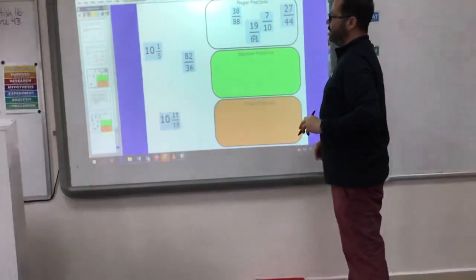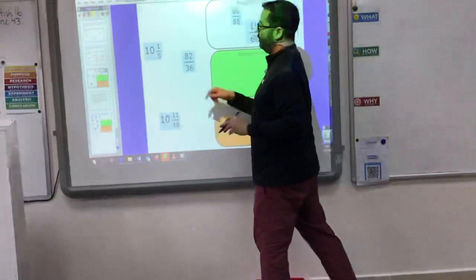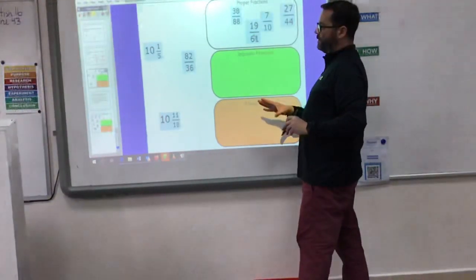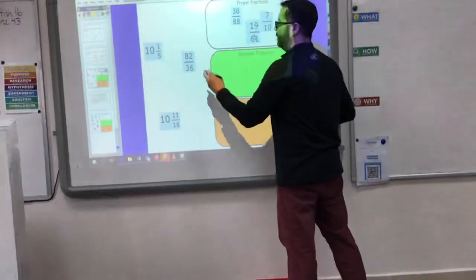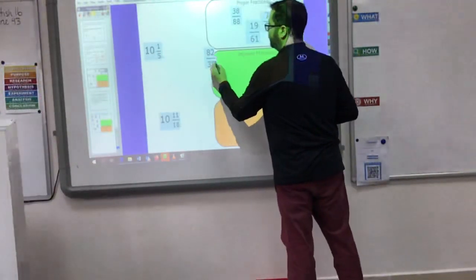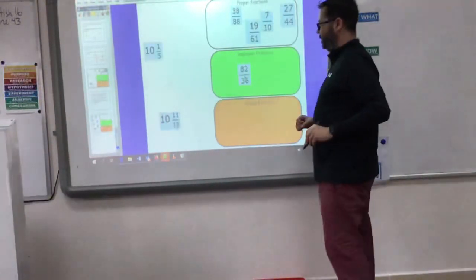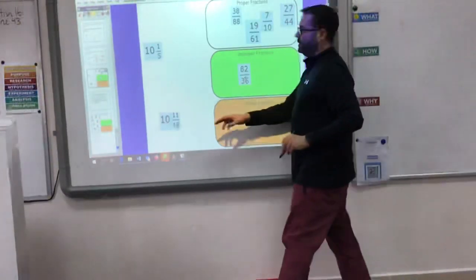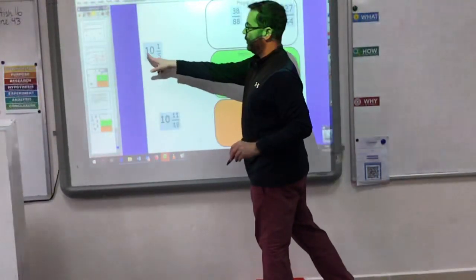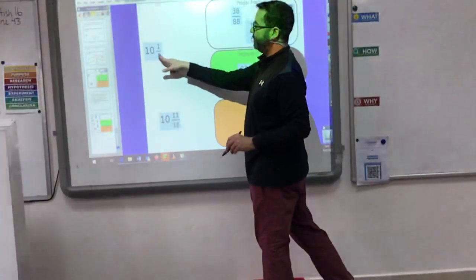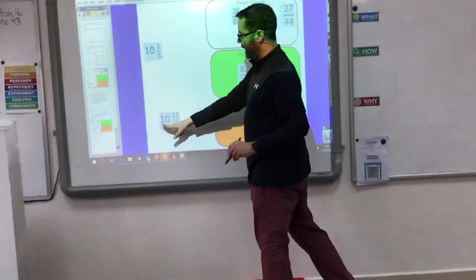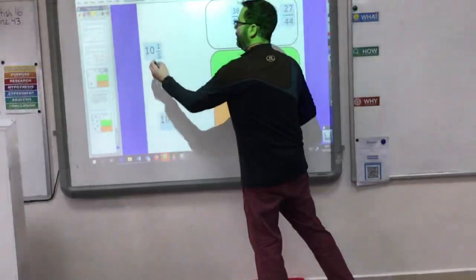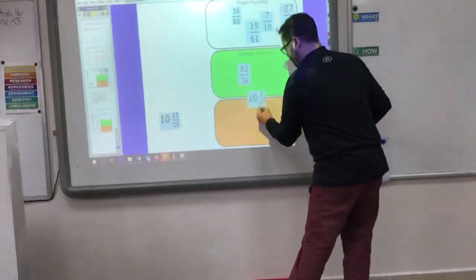So out of the rest of these, the only one that has just the numerator and the denominator, and the numerator is larger than the denominator, is 82/36. So that is an improper fraction. Leaving the 2 left, which have both a whole number, in this case 10, and a fraction, 1/5, 10 and 11/18. These are mixed fractions because they have